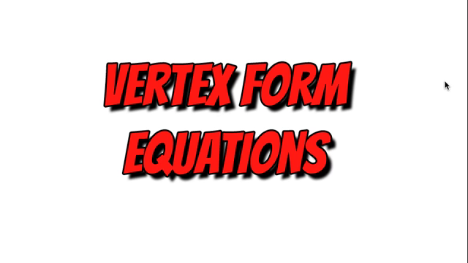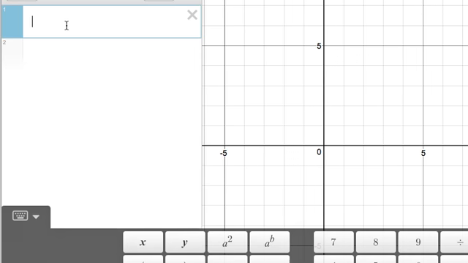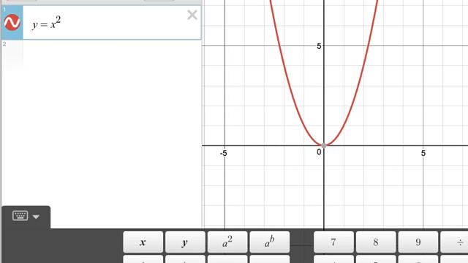Vertex form equations. We're going to look in this video at plotting quadratic equations using vertex form, so we can figure out very quickly and easily where the vertex is. We're going to use Desmos. I'm going to start with my basic quadratic, y equals x squared, and we're going to have a look at